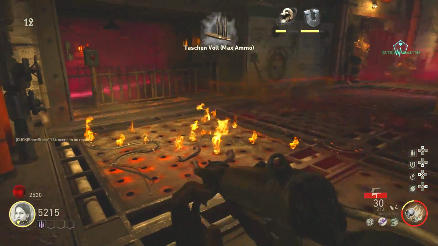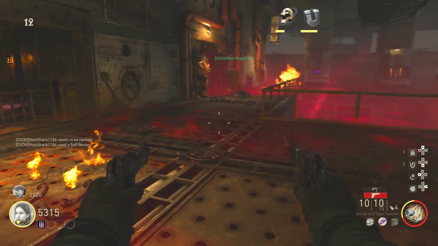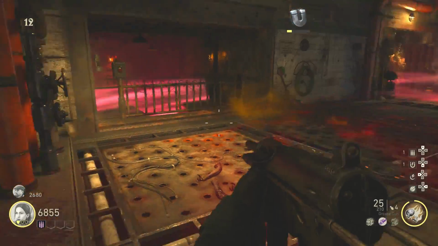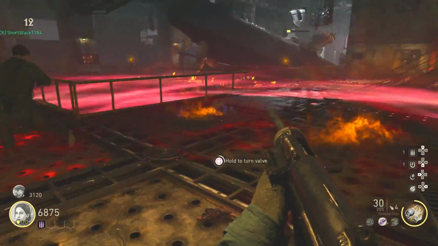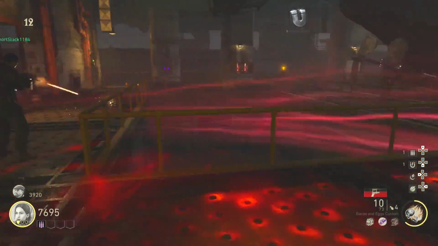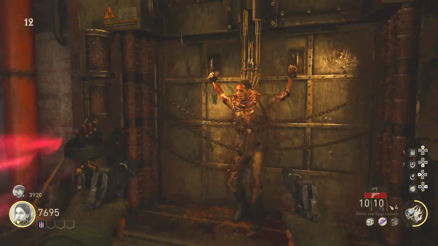Now, all I'm doing right here is waiting patiently for the fire panel to actually extinguish, because the flames do go away. You only need to wait it out, and when it does go away, that is your opportunity to jump onto the valve and get that turning time on it. And then once all 3 valves are deactivated, you're done with that step, and you can go up to that